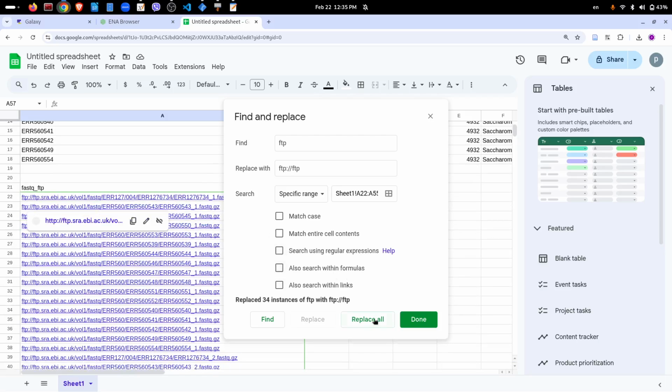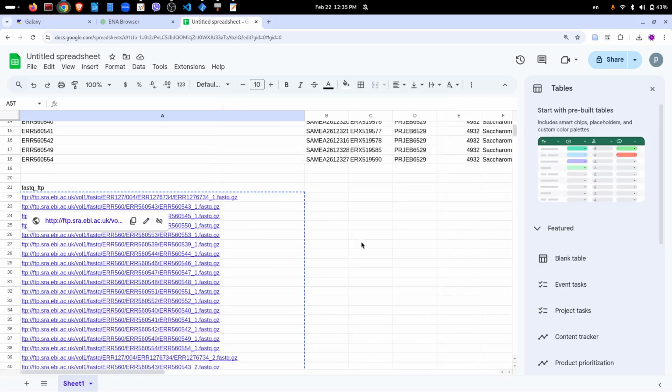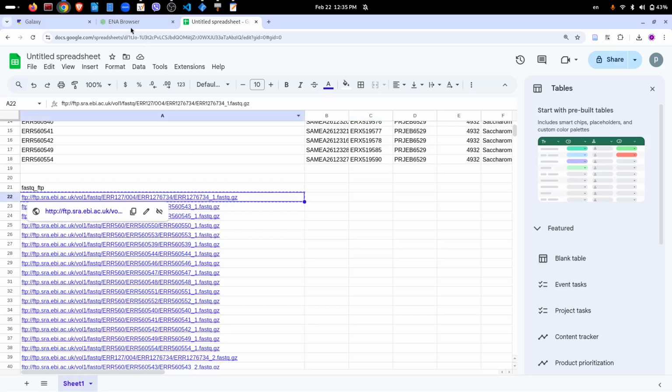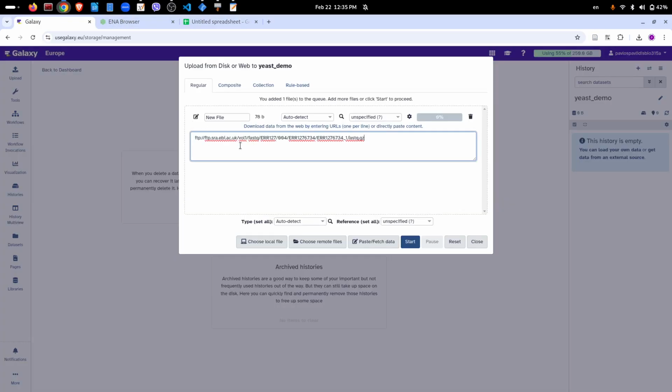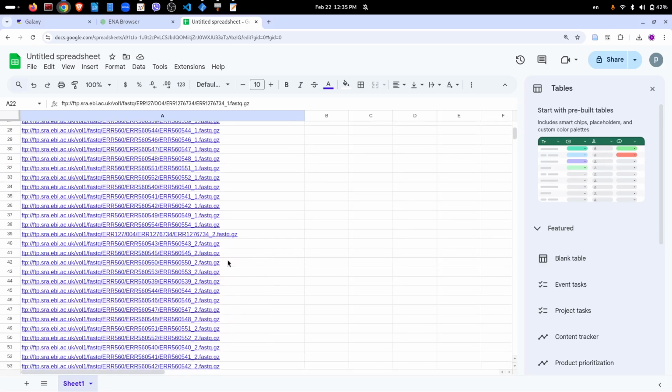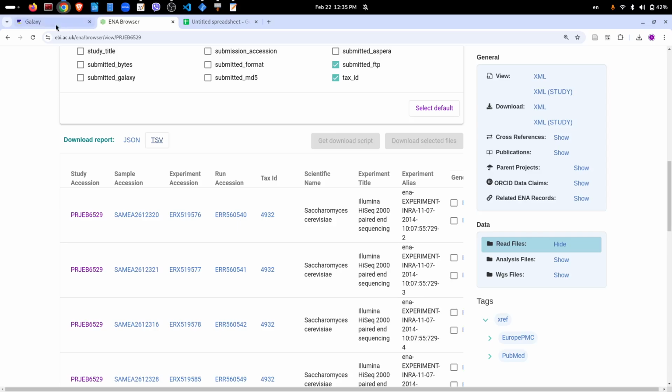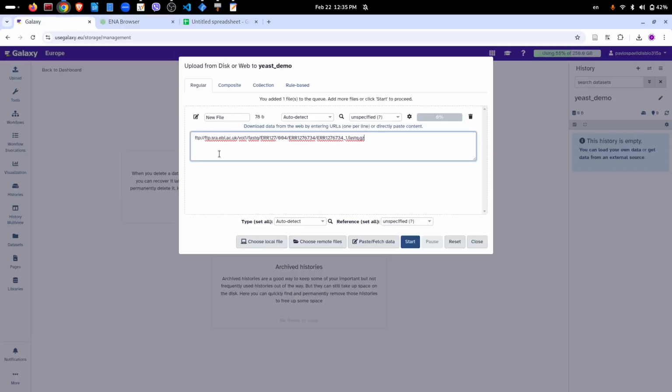I will take, let's say, this 34_1, go here, I put it here, and 34_1, and this is the _2. Go here and I put it here. I remind you that this is just a demonstration, that's why I just upload two files. Okay, and then I just press Start